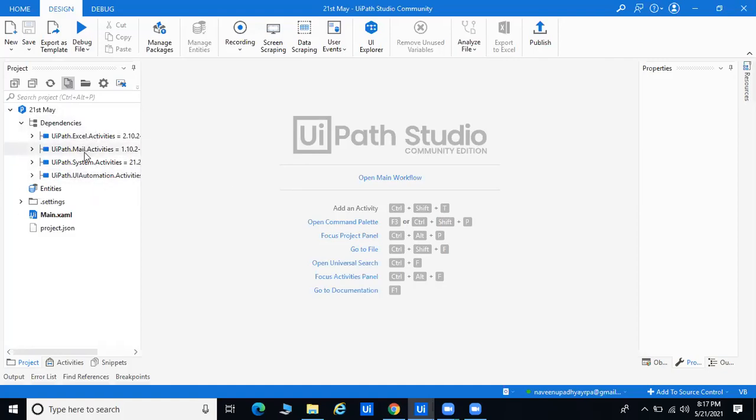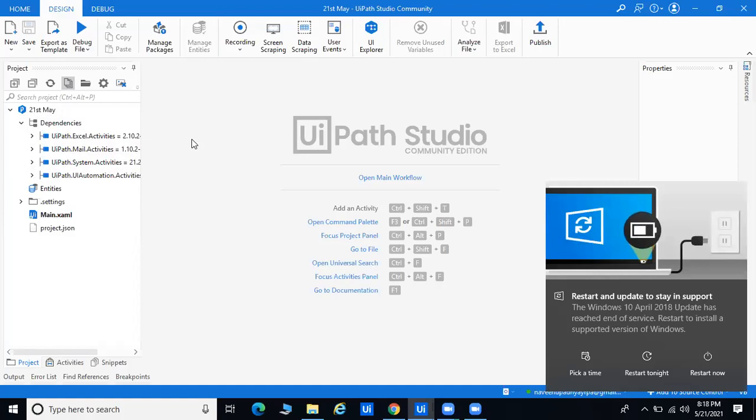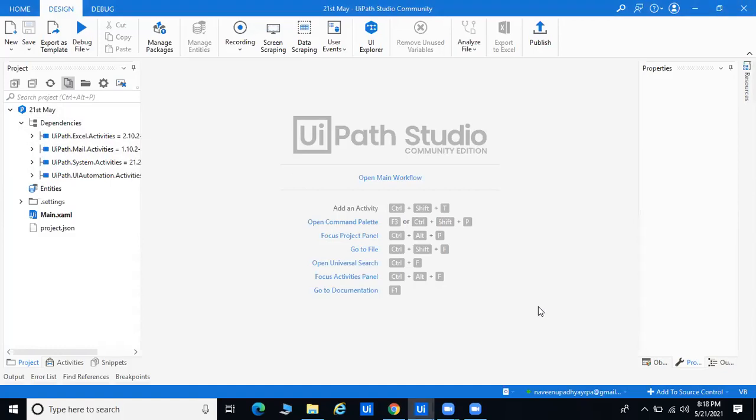By default, they provided Excel, mail, and system activity and UI automation. But if you are looking to automate any type of PDF part, or any type of database part, then what will happen? You have to install